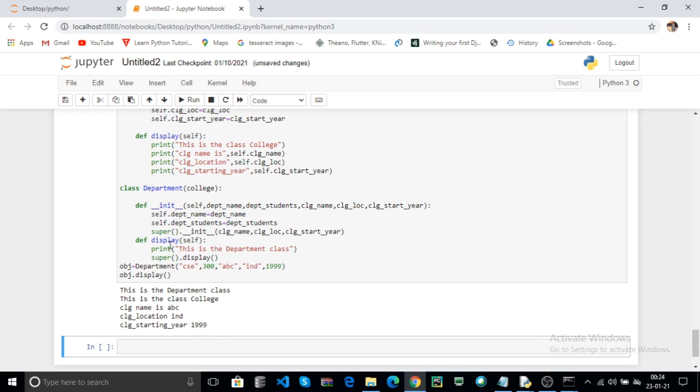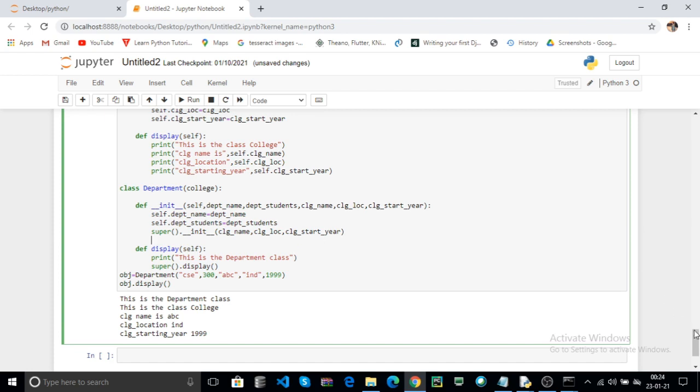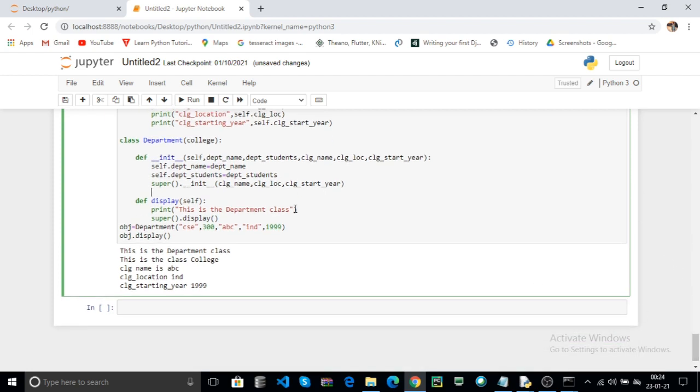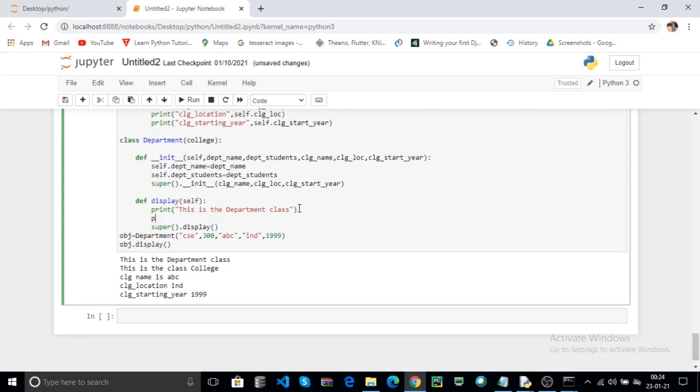Now in that child method, that is the display, here you can access the print.